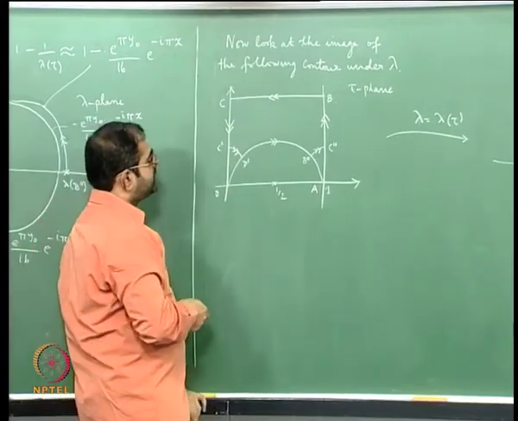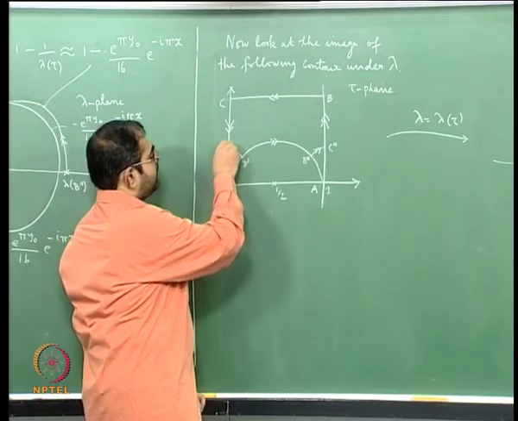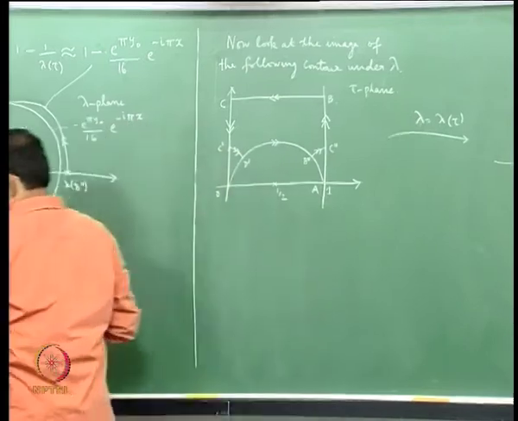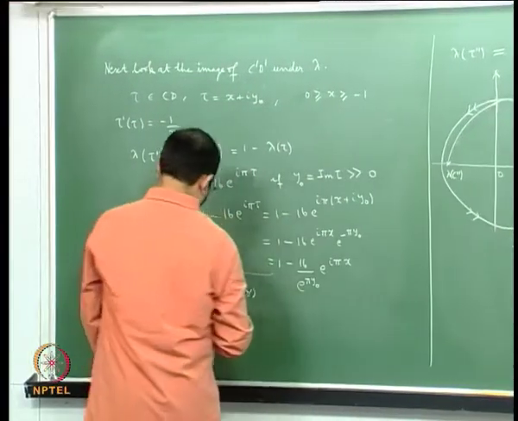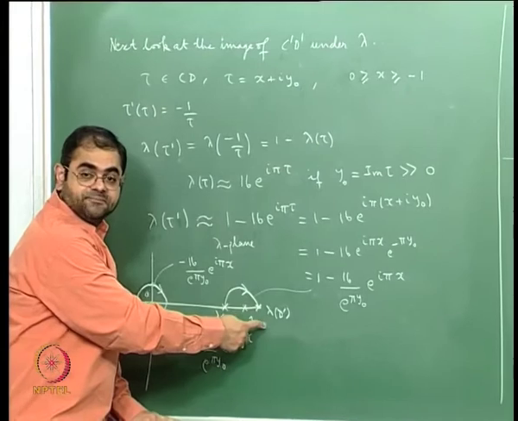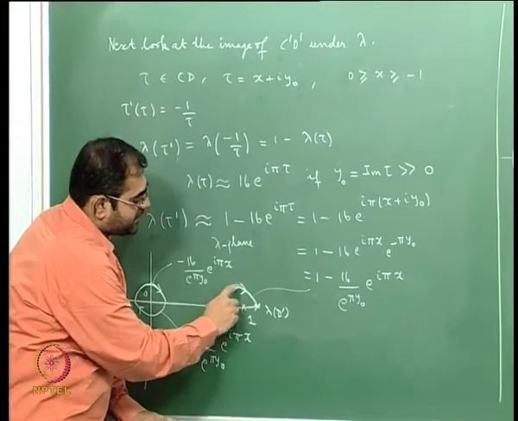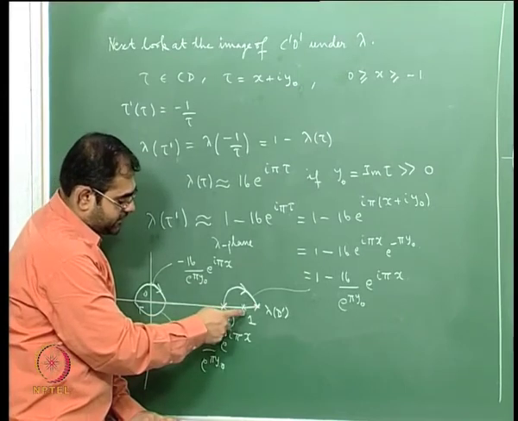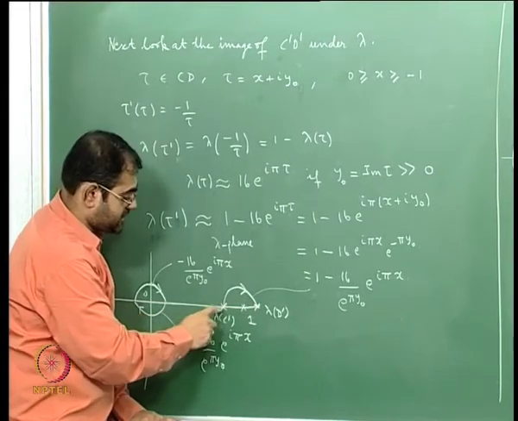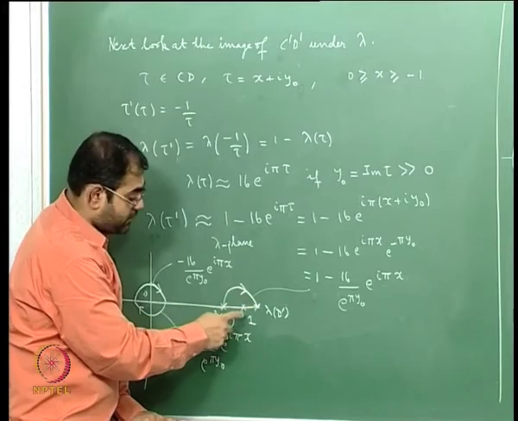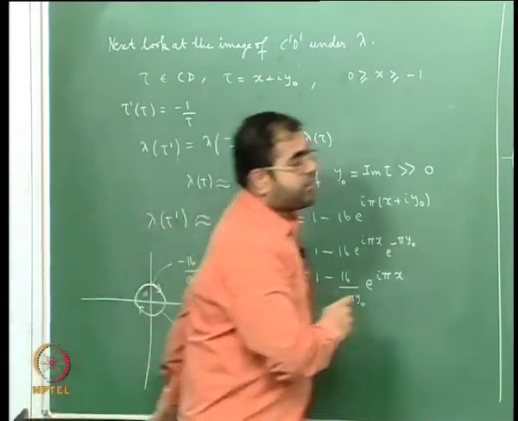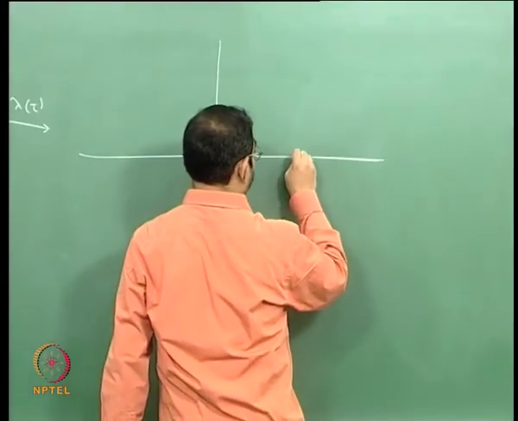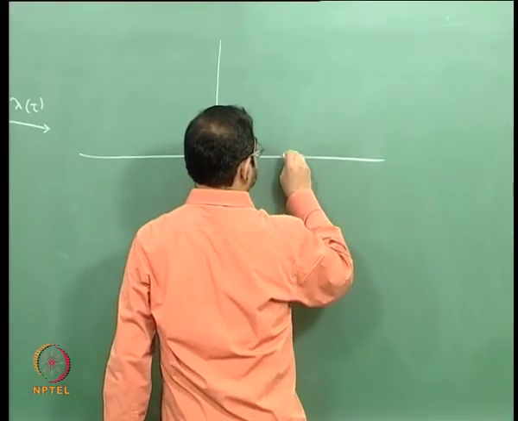Perhaps the best thing that I should do is start by looking at the image of C prime D prime. So if I take C prime D prime, it is approximated by a small semicircular region in the upper half plane, a small semicircular arc in the upper half plane centered at 1. So let me draw, let me put 1 here. So I'll get this,